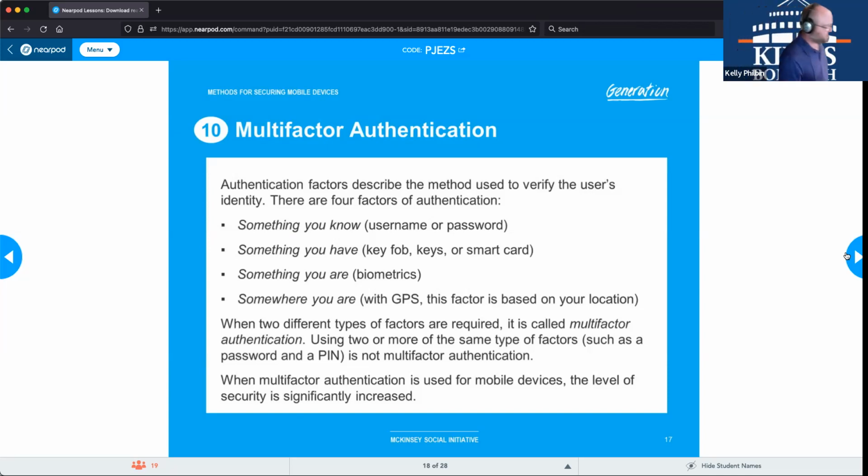If you've ever had a case where you type one-handed and it never lets you in on your password, but you type it in two-handed and it lets you in, it's the exact same password. It's possible they're using some sort of software that is linked to the something you do form of multi-factor authentication. But for the test, these are the four you need to know: something you know, something you have,